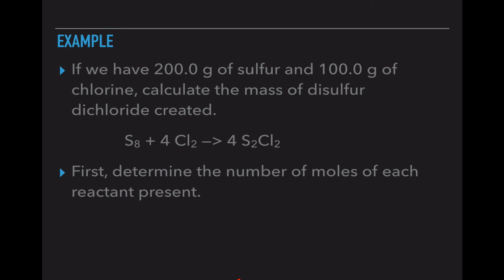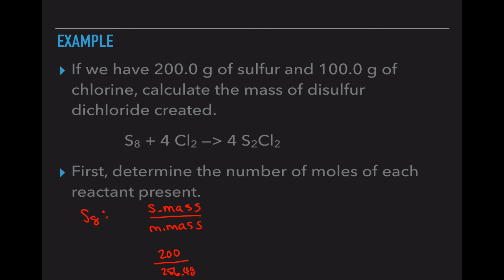So for example, we have 200 grams of sulfur and 100 grams of chlorine. Calculate the mass of disulfur dichloride that is created. So here I have the balanced chemical formula. I have S8, 4 Cl2, and 4 S2Cl2. And my first step is determine the number of moles of each reactant present. So first we're going to calculate S8, and we're going to use sample mass over molar mass. And I have 200 grams of sulfur, so I'm going to have 200 on the top. And since this is S8, I want to take the mass of sulfur, which is 32.06, and multiply it by 8, and that gives me